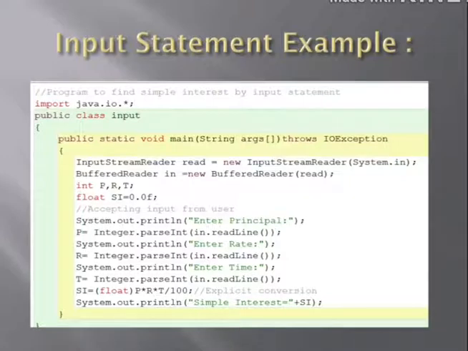We are going to accept our values, then we have to convert them, then we have to place them. Just keep it in mind, you have to do all these things in future. That's why I'm telling you. I'm just trying to create an outer sketch in your mind of what you have to do in future. Just see it and leave it for a few minutes. I'm moving further.